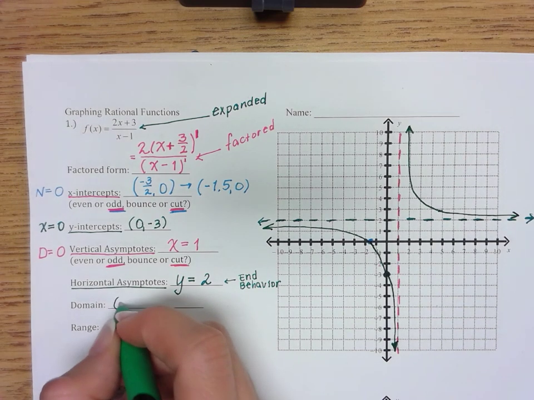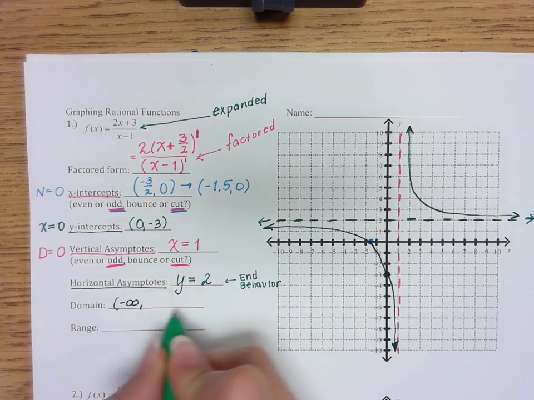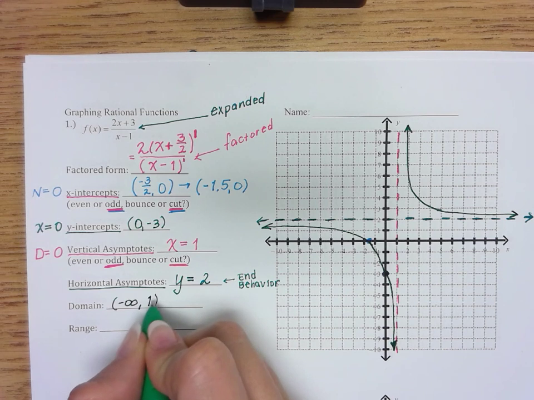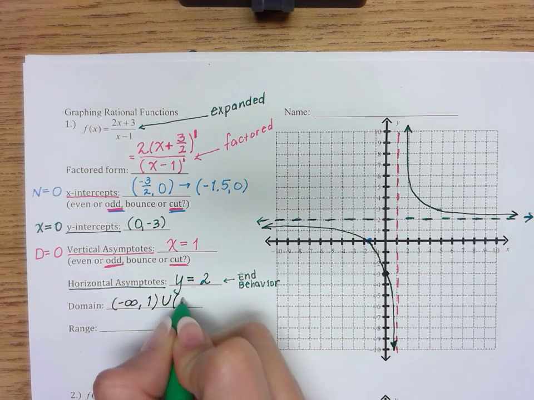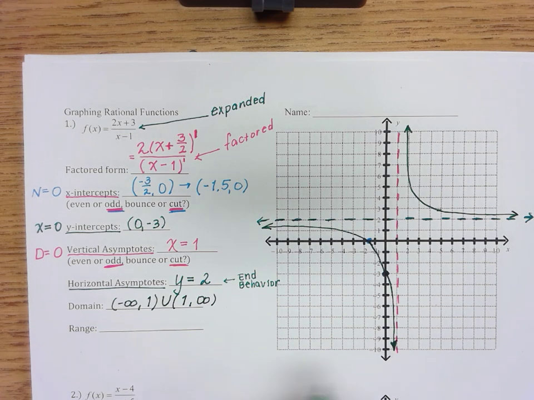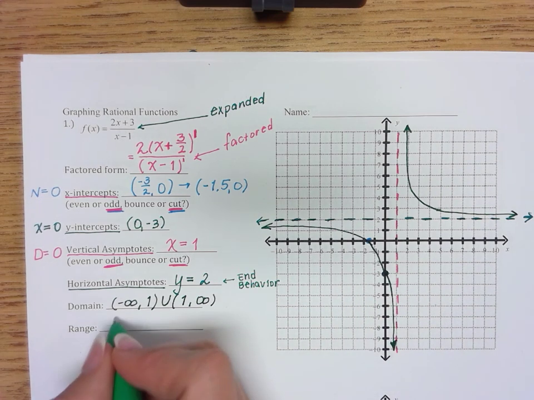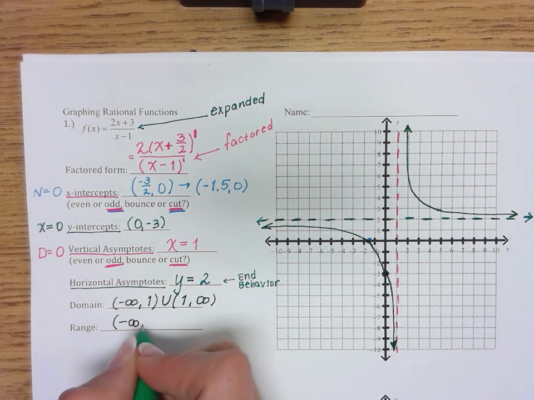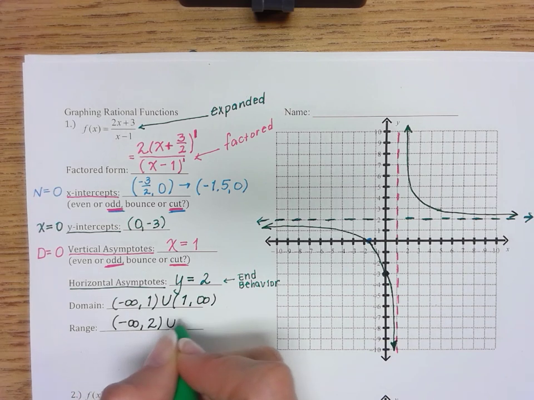Domain, if we start at negative infinity, we are good to go until positive 1. I have a parenthesis, it's not included. Right after 1, we're included again, and we're good until infinity. And the range we could pull from this picture as well, it's actually negative infinity until 2, and then from 2